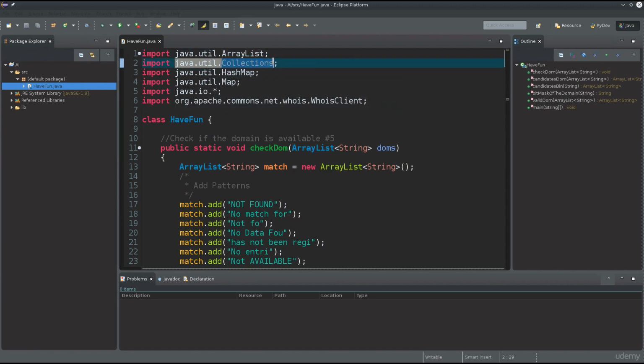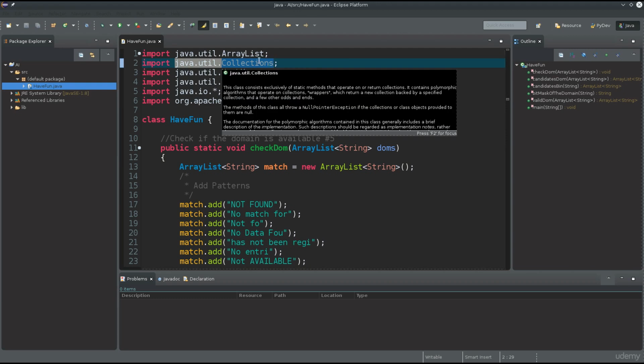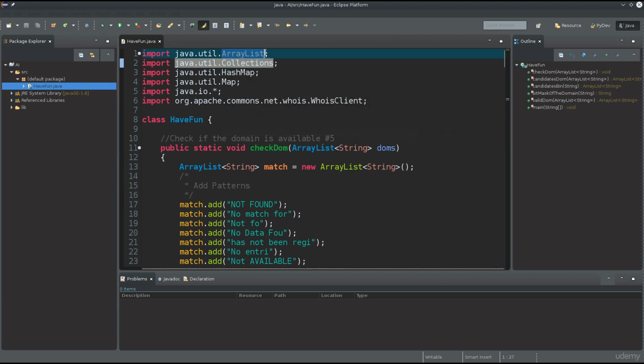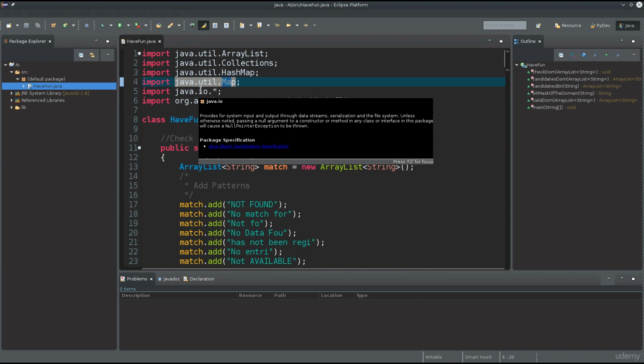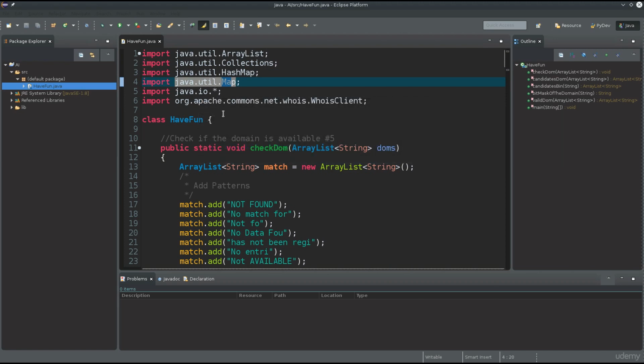We'll need to import collections as well in order to be able to perform certain operations on array lists and other things. We need hash map and map to create the map types. What they are and how they're used, I'll explain shortly once we get into it. You need the Java IO, and this is the external library which we have downloaded from the net because we needed a whois client so that we can query the whois servers and receive responses in regard to the